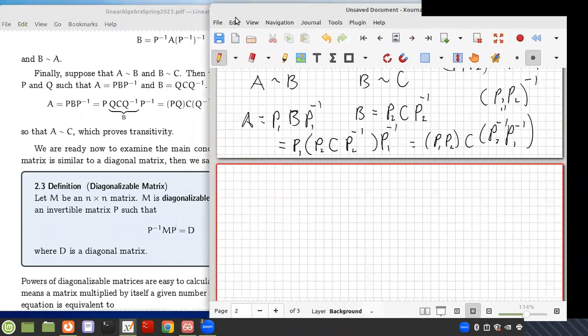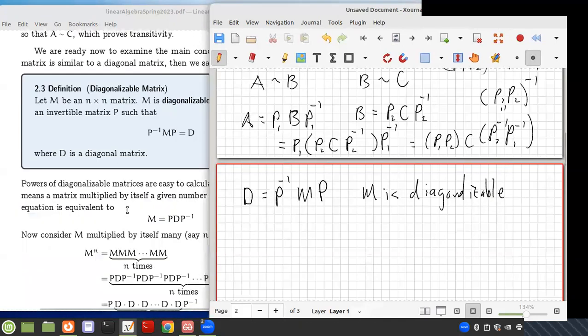So the idea here is that we're given M, and we want to find an invertible matrix P such that it converts this into a diagonal matrix, then we say that M is diagonalizable. And that's our goal. Now, the question is, when can this be done? Well,